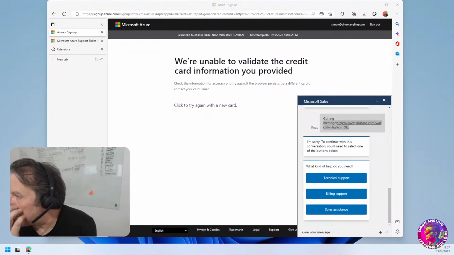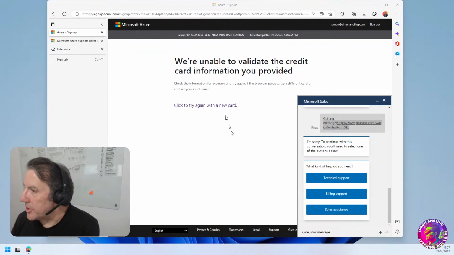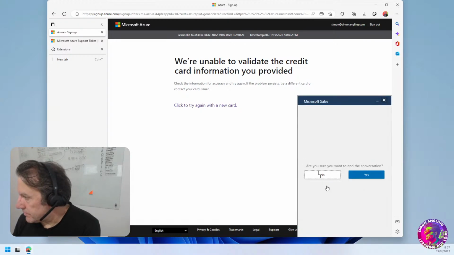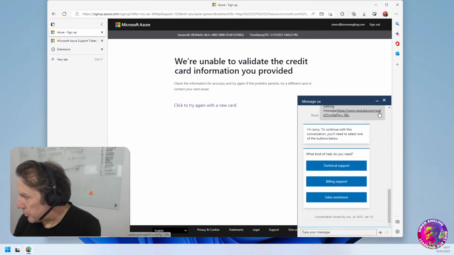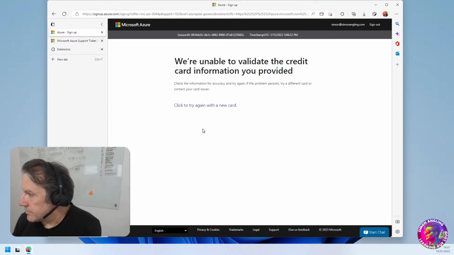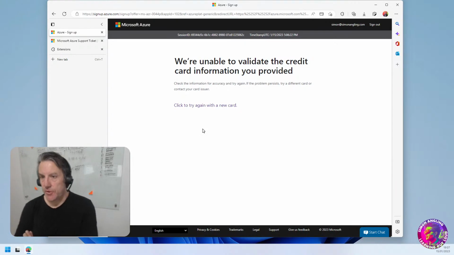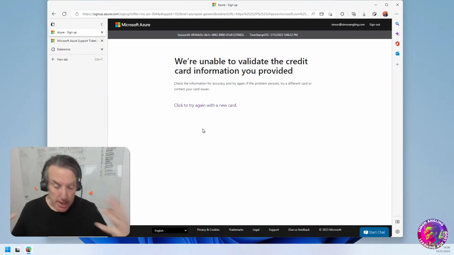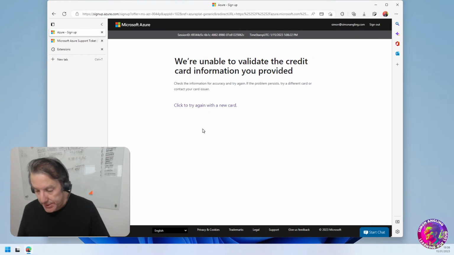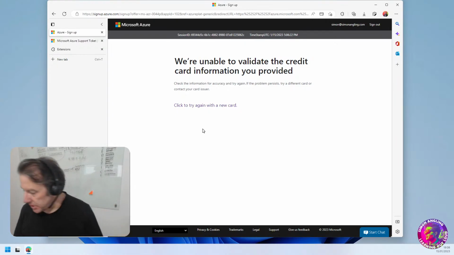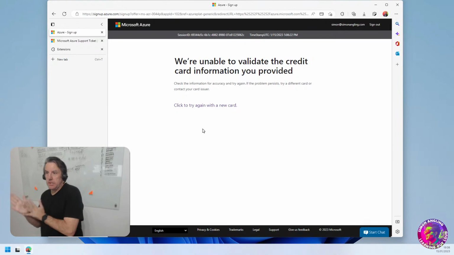Okay, so I can't sign up. I don't know why I can't sign up. I don't want to speak to a bot. Go away. So what I'm going to do is sign up for the $200 credit and the 12 months free services, and we'll set this up, and I'll sort out the billing issues and then come back to you. In the meantime,